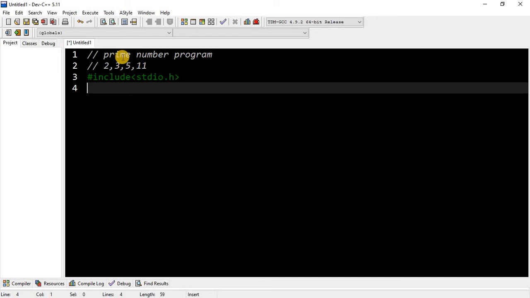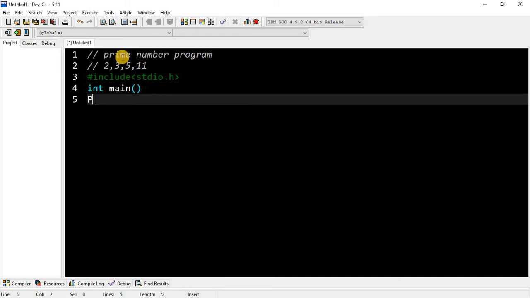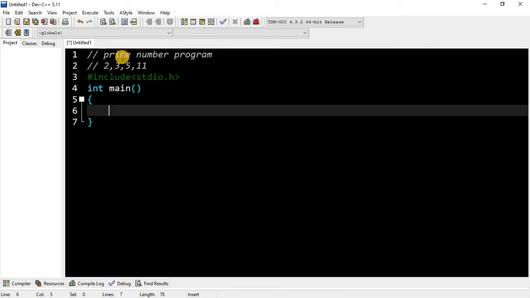As include stdio.h, int main. Now we will take the data type and some variables: n, m, i, and flag, where i is equal to 0 and flag is equal to 0.